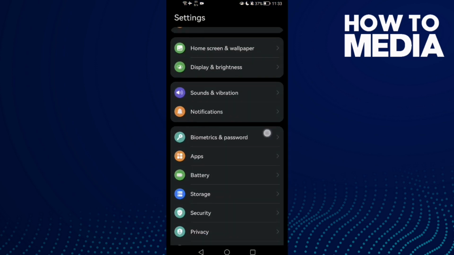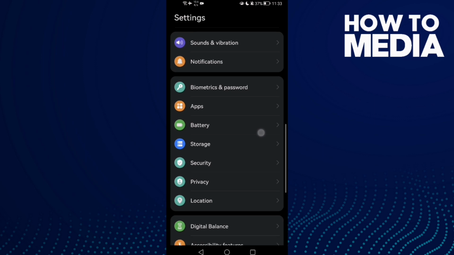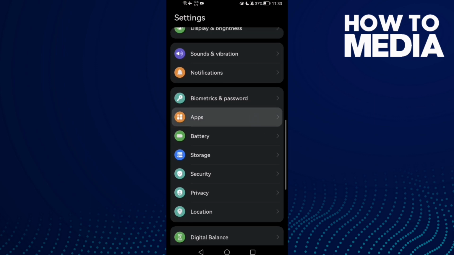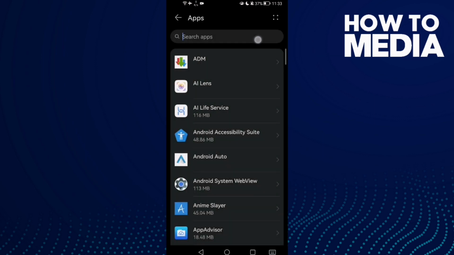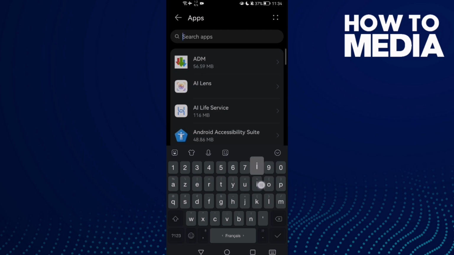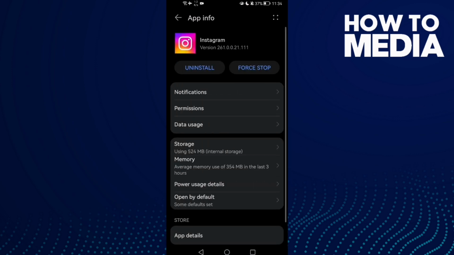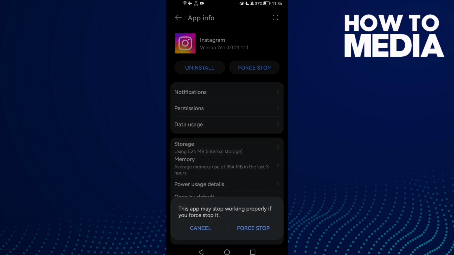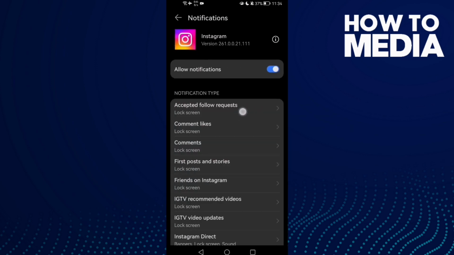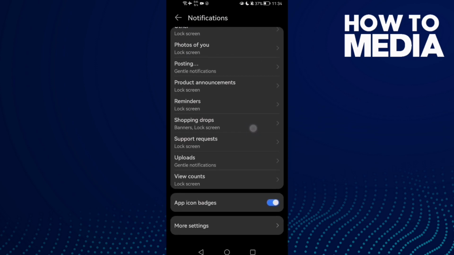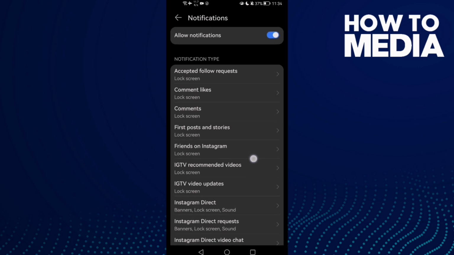Go to settings, scroll all the way down until you find here apps, then click apps again. Type here Instagram, click on it. Now click force stop, go to notifications, and as you see here you can manage any notifications you want, like